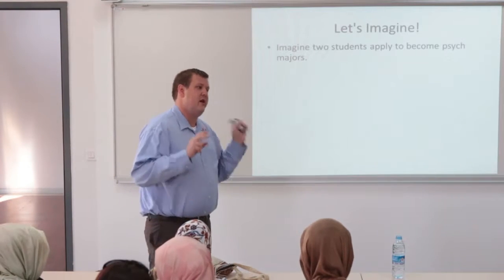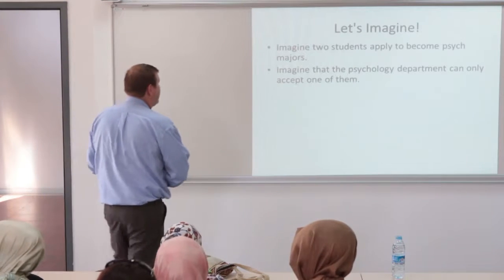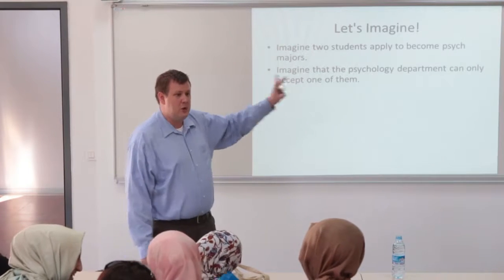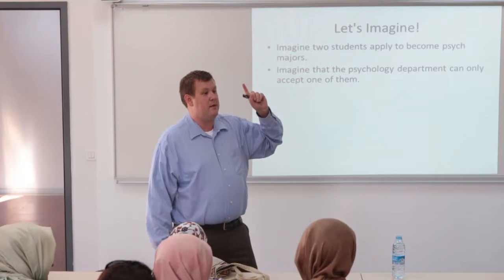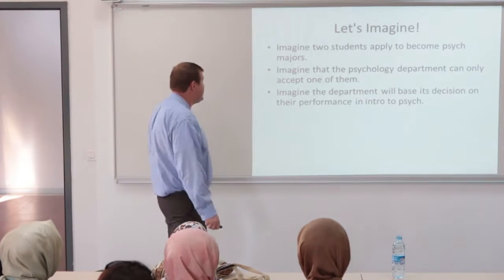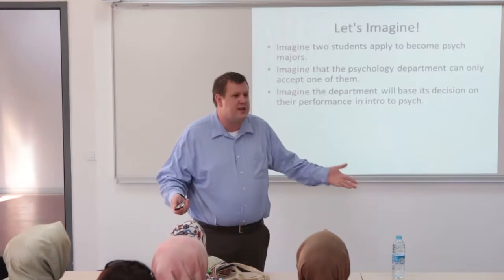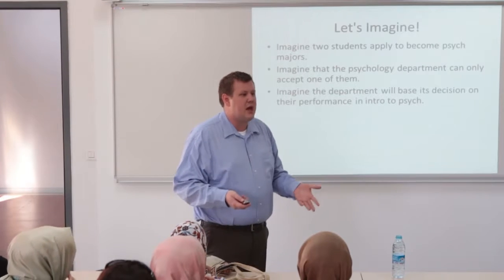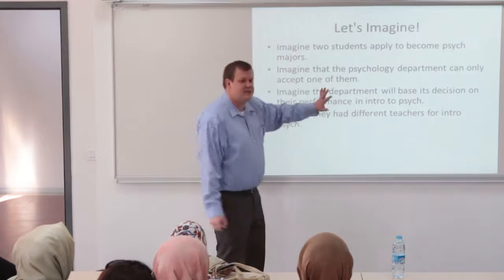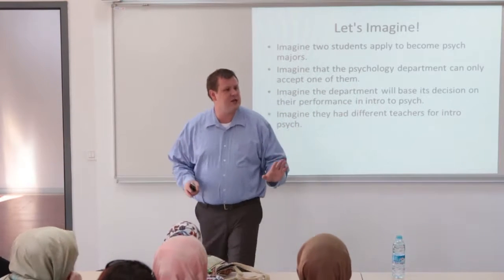limited numbers of people who can be psych majors, right? So imagine that the psychology department can only accept one of them, all right? So you have two people applying, and the psychology department is going to accept one. Now imagine that the department will base its decision on the student's performance in intro psych. That's reasonable. How well they do in intro psych should suggest how good of a psych student they could be. There are other things that they should probably look at too, but let's just imagine that that's the only thing